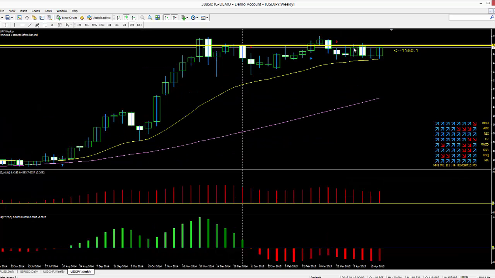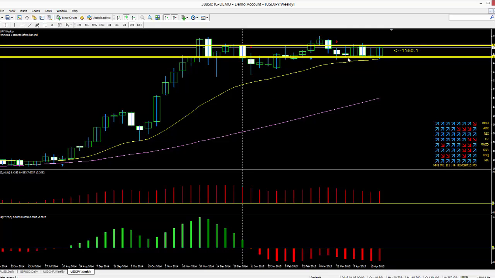Looking at the weekly time frame, you can see that over the past 5 weeks in particular, price has not been able to make new highs, and subsequently not been able to make new lows. So it's been consolidating, ranging, not worth trading, guys. If you are looking to trade this particular pair, we do have the start of a new month and a lot of new US data this week, in particular from Wednesday right through to Friday, which is non-farm payroll. Again, it's the US dollar against the yen, a close symbiotic relationship between these two particular pairs.